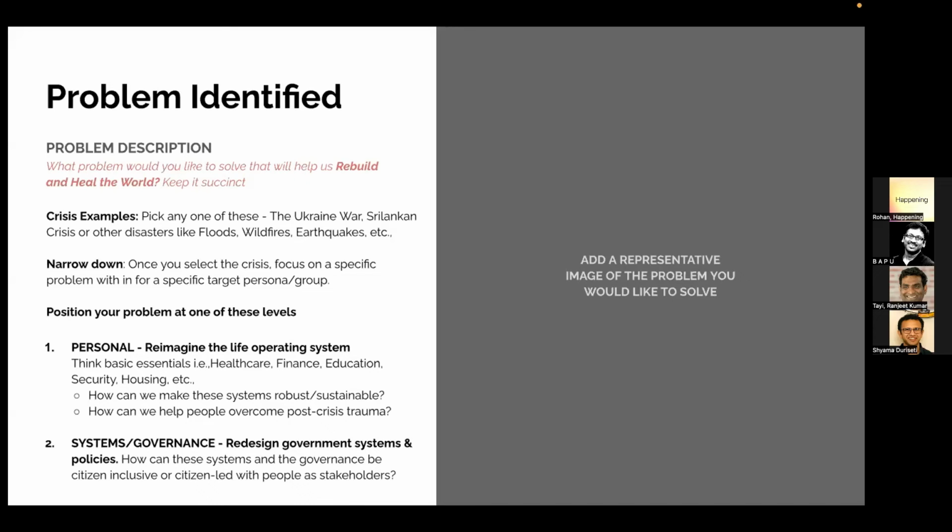It doesn't necessarily have to be these two crises, but it could be any crisis that they are experiencing currently. It could be to do with any natural disaster or anything. Pick one crisis, and then within that, narrow down to a specific scenario, right? And